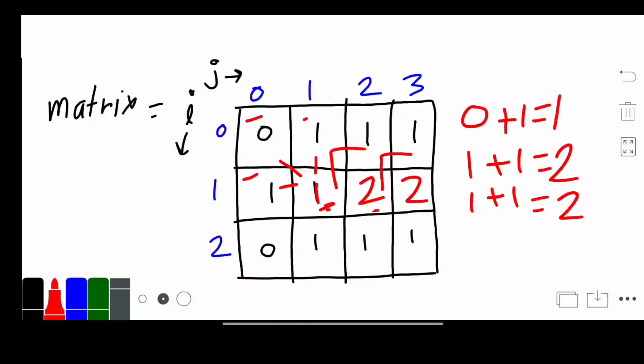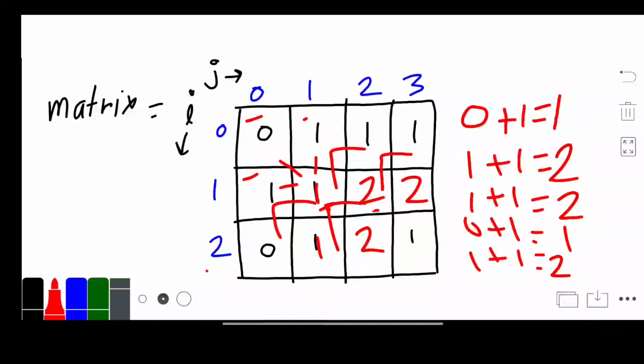So again we move to the next row. Now our row is 2 and column is 1. We check whether this value is 1. Yes, this value is 1. Then again we take the minimum of these 3, that is 0, and add 1. So the current value is 1, which is already there. Next we take the minimum of these 3, that is 1. 1 plus 1 is 2. Again we take the minimum of these 3, that is 2. 2 plus 1 is 3. So we update the current cell value to 3. So we have already updated all the cells.